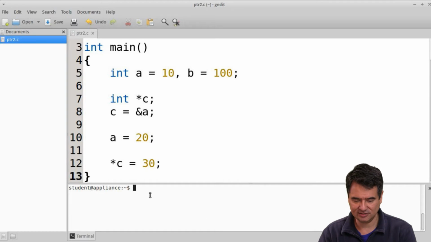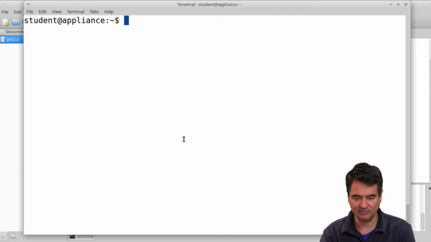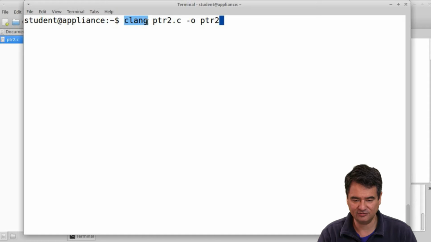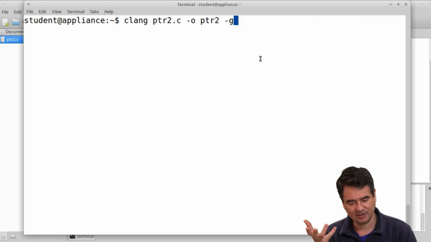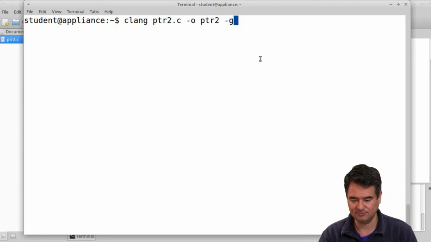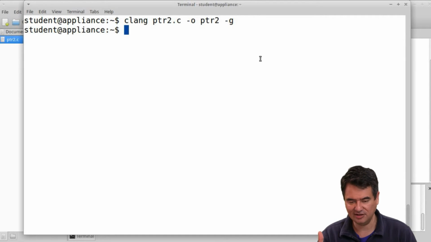So the way we do this is we need to compile the program just like we did before. So we invoke the C compiler on the C program, we output to an executable, but we're going to add one last flag on there, which is -g, and that tells the compiler to, in essence, embed the source code of the program into the executable. So it produces an executable that's a little bit bigger because the source code is essentially in there, but it runs just the same. And now, if I run this program,